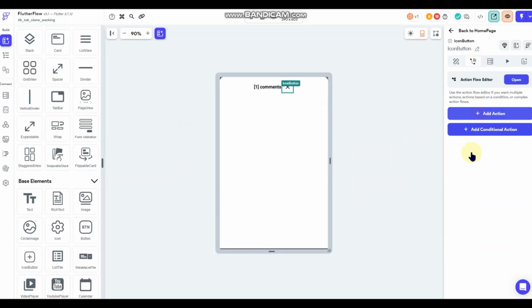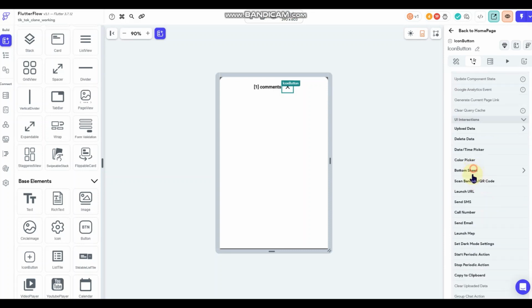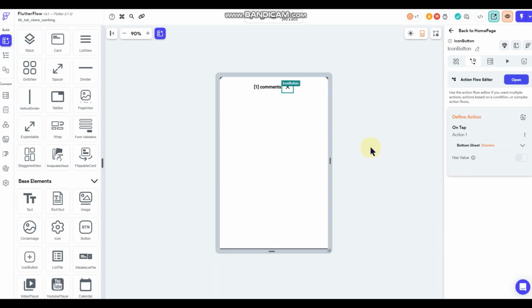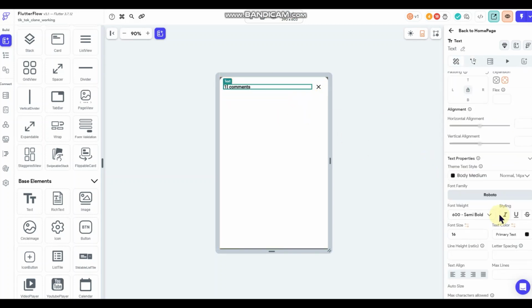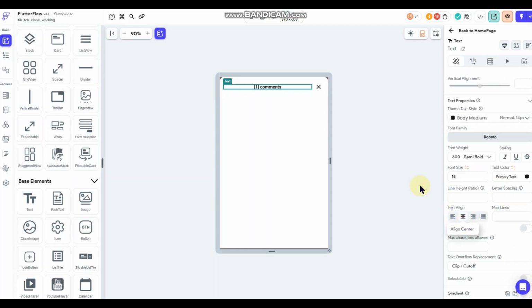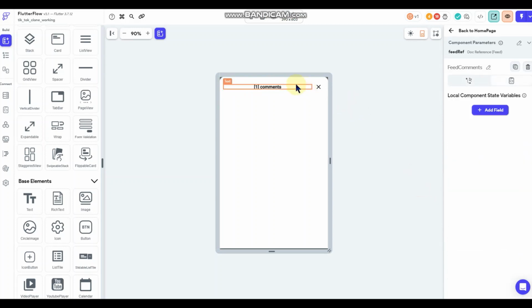And we'll have this as a dismissal for the bottom sheet. And then I'm going to go in here to my text field, and I'm going to expand it, and then I'm going to set its alignment to center. Okay, that should work. All right, so now that that's taken care of, let's go back over to our widget